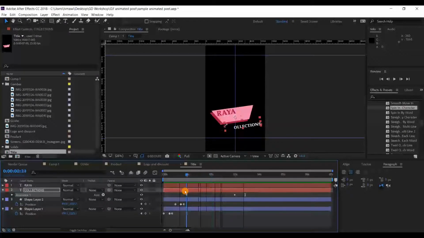Next, we need to play around with the opacity, because our text is visible here before it appears, so it doesn't look nice. For the opacity, select your layer and press T. Then we can create a keyframe where we can change the opacity.